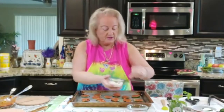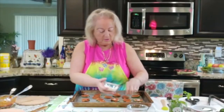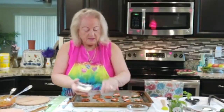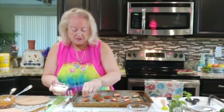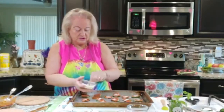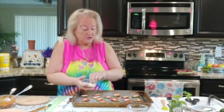All right, now to this one, the same thing. I'm going to use a little bit of the Parmesan cheese. Is going to go in here. Oh, those other guys are just about ready to come out. I can smell them. I always know when things are done by the smell. I don't even need to have the timer. It's very interesting. Before, when I was younger, I had to go with the timer because I was learning how to cook. So now that I have my Parmesan down there, nice and easy,